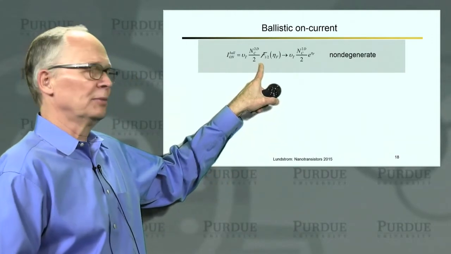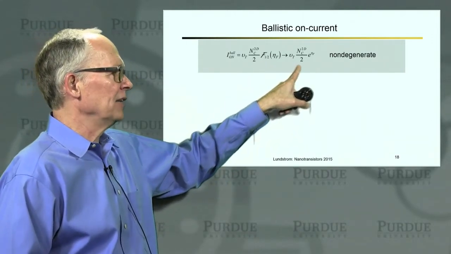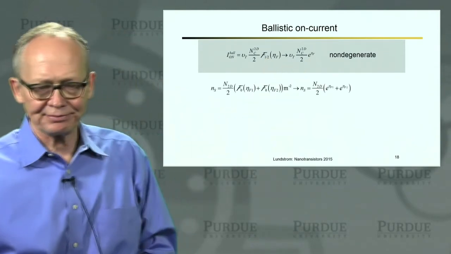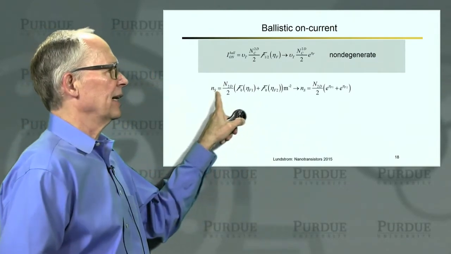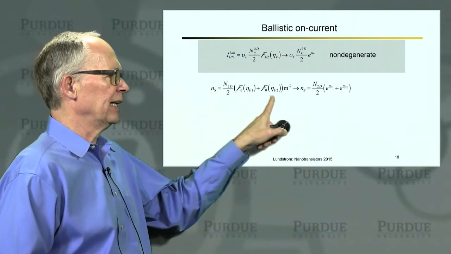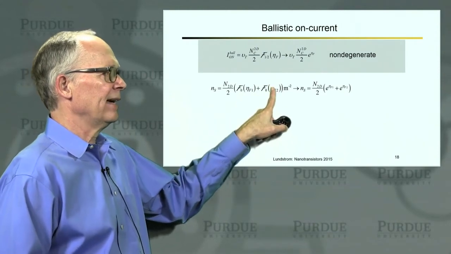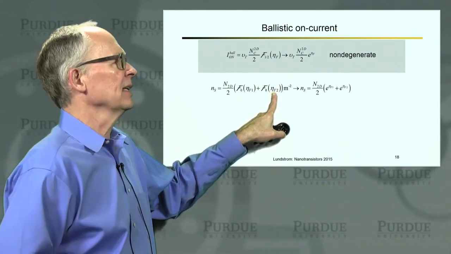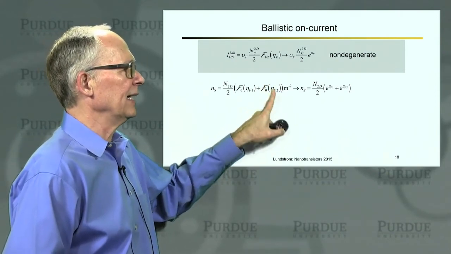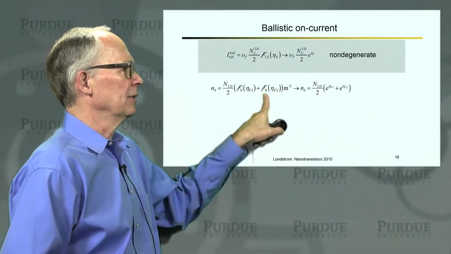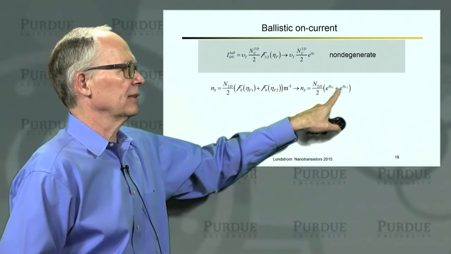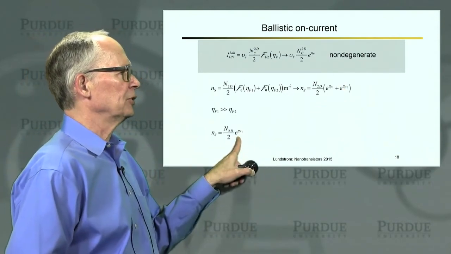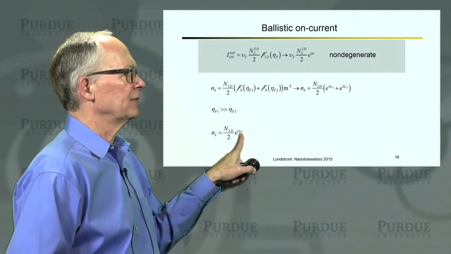This is the result we get from evaluating those integrals. In the non-degenerate limit, Fermi-Dirac integrals always reduce to exponentials. Again, we can look at our carrier density. It was related to Fermi-Dirac integrals. Eta F2 is very small because we've applied a large voltage to the drain and lowered the Fermi level in the drain, so we can ignore that. We can simplify this for non-degenerate cases, and then we can ignore the contribution from Eta F2. So we have a simple expression for the electron density as a function of Eta F.